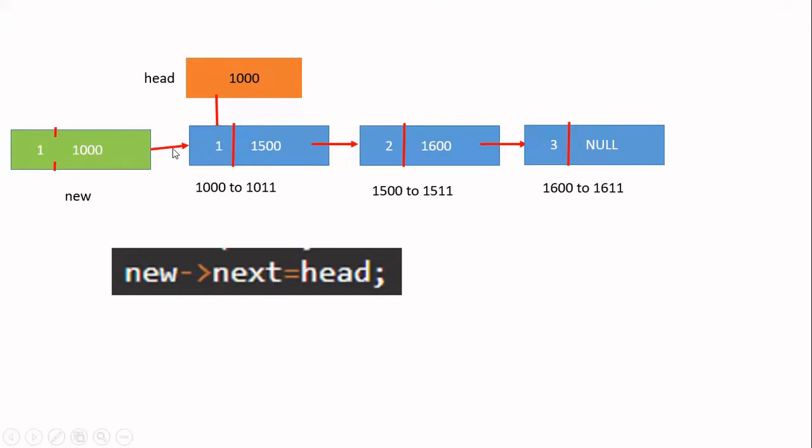What is the meaning of creating this link? Take this address 1000 and put it in the link field of this. Okay, so now where this 1000 is available, if you see, this 1000 is available in the pointer variable head. Okay, so you take this 1000 from this head and put it here. Okay, for that only I am writing this statement. New arrow next is equal to head. New is this pointer, arrow is to access this member of the structure, next is this field. Okay, there you are going to store this value. So that is in head. So I am writing like this. When you do this, this red arrow will be created.